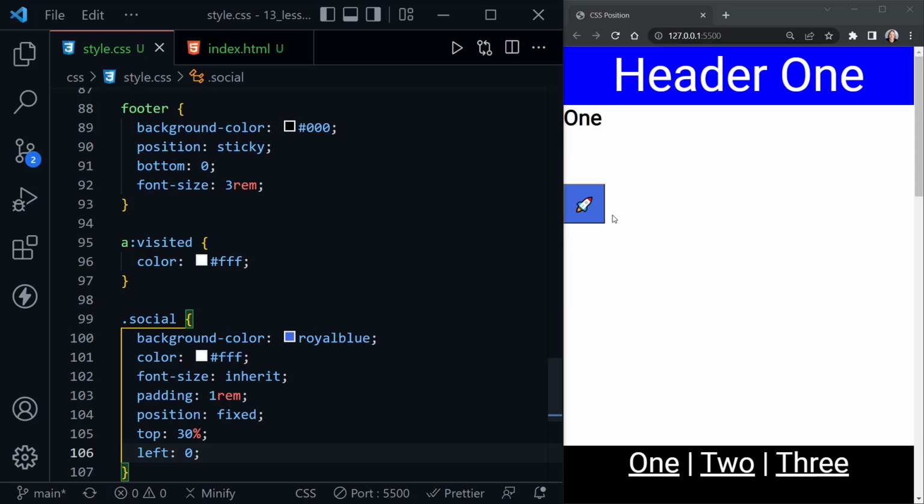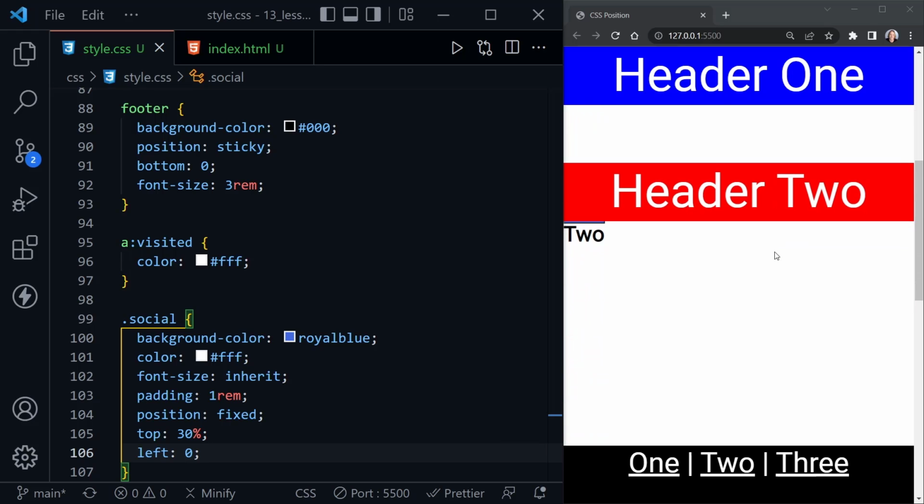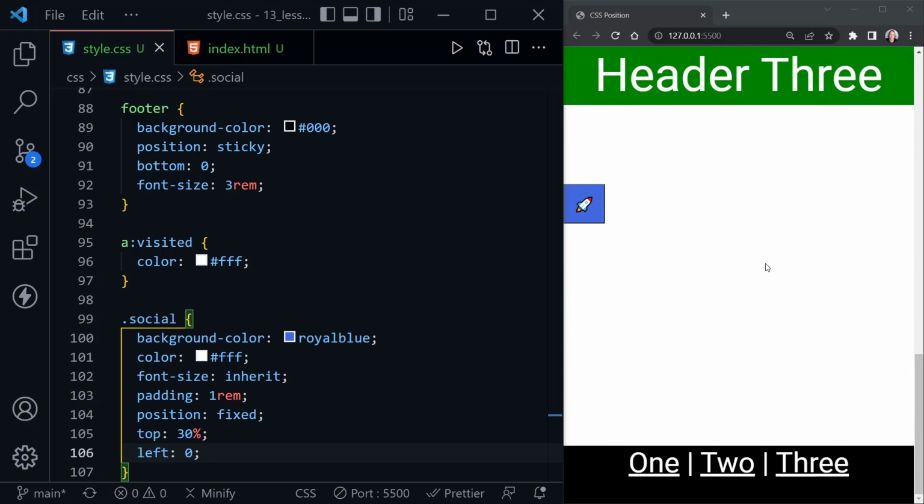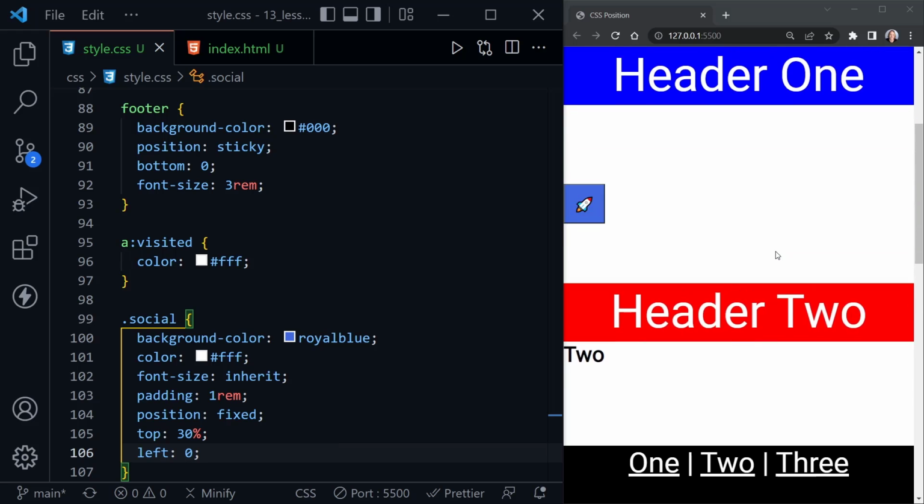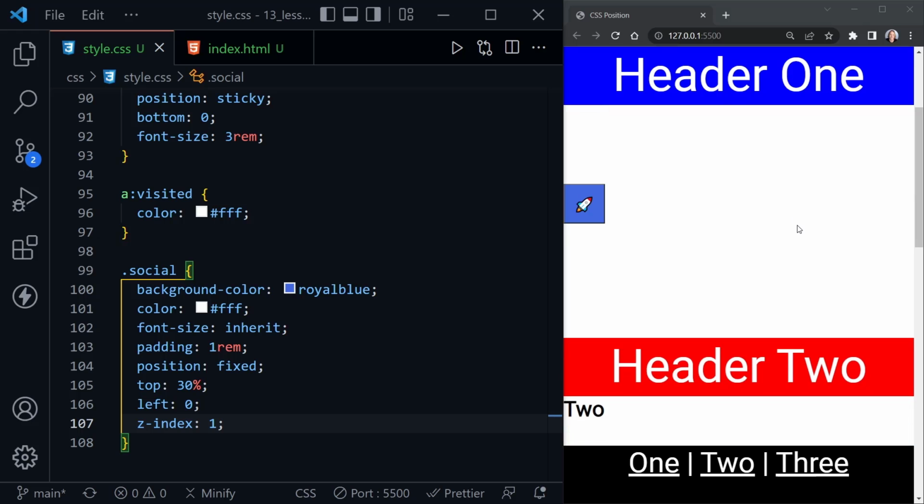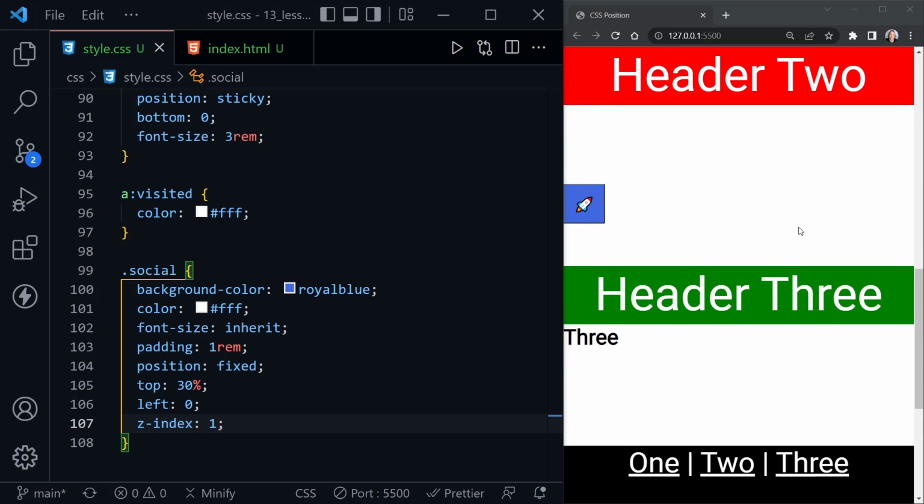Now this looks more like a social button, and maybe you're used to seeing several buttons over here for different social media, but it should stay in place as we scroll. So let's check it out. And it sure is. It's staying right there as we scroll past each one of our pages. So we have header 1, 2, and 3. Now if we wanted it always on top, we could go ahead and set that Z index to 1, and now when we scroll we should see it on top of each header as it goes by,